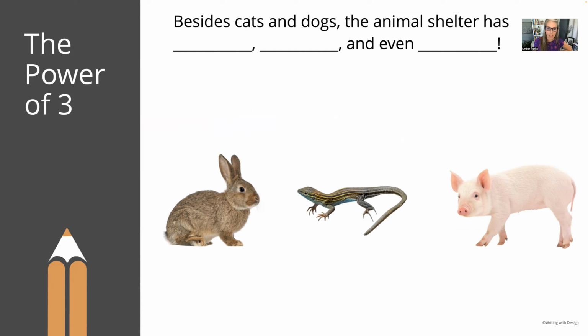And you see here, we've got 3 pictures to help support students in brainstorming with this one, just to show them samples of it. You are more than welcome, as always, to change this up, to pull in different pictures or have them brainstorm other animals that animal shelters have. Even if you do a little research online, you'll be surprised at some of the animals that shelters keep to help rehome and find them a better living situation.